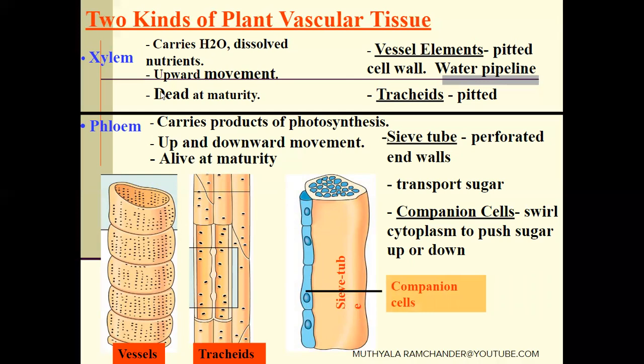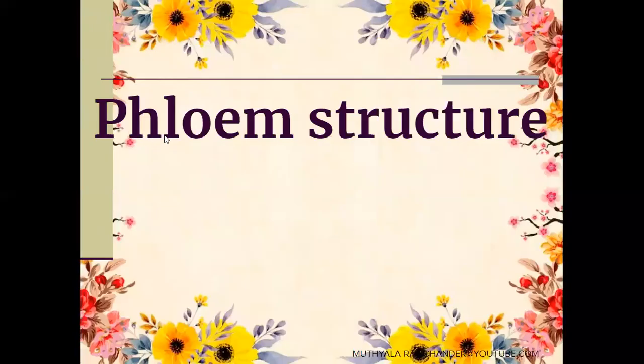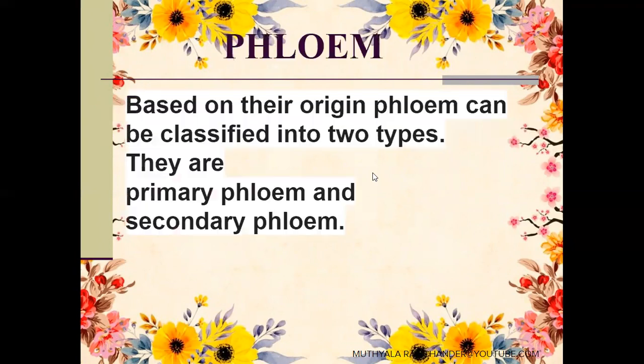Now, from these complex tissues, we discuss phloem. The phloem structure. Phloem mainly helps in translocation of organic solutes to all plant parts in the upward and downward directions. And the phloem cells are alive at maturity. They have cytoplasm at maturity as well. Phloem,